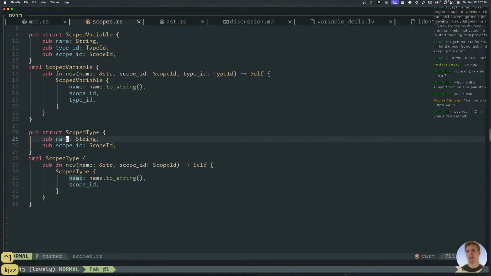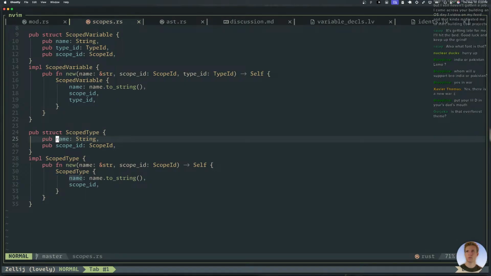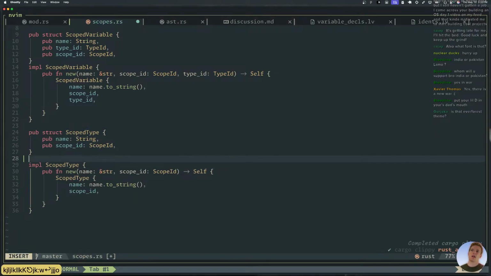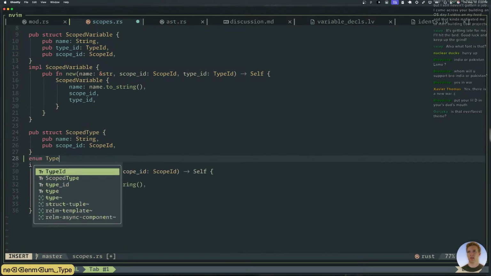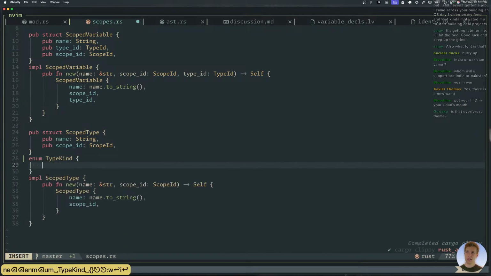A scope type literally just is a name. So types long term are going to be a lot more than a name. We need different kinds of types. So we basically just need to beef this type up a little bit. A scoped type. I'm going to make an enum, type kind, right?